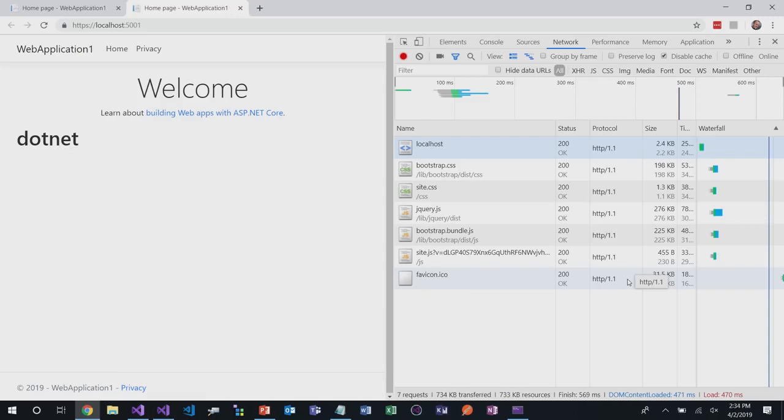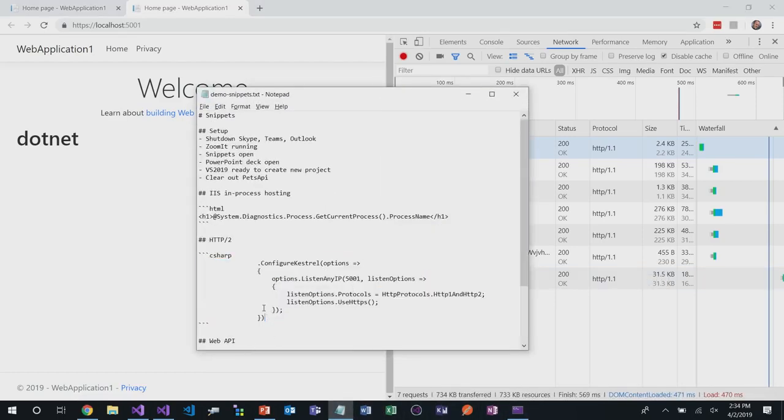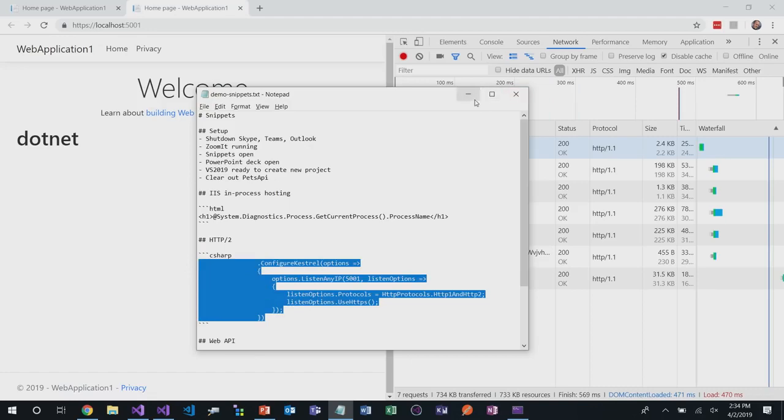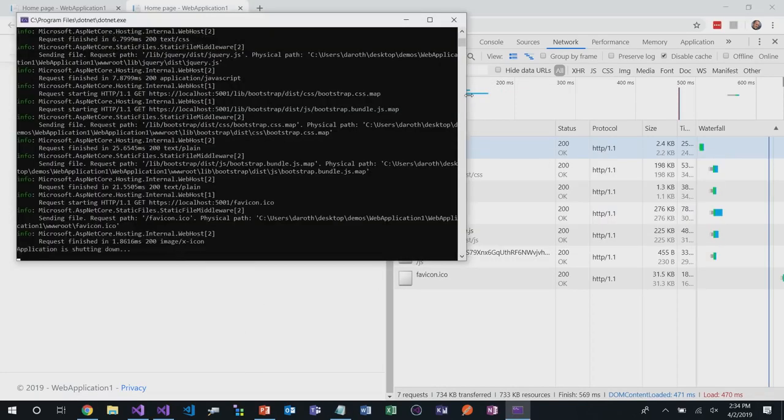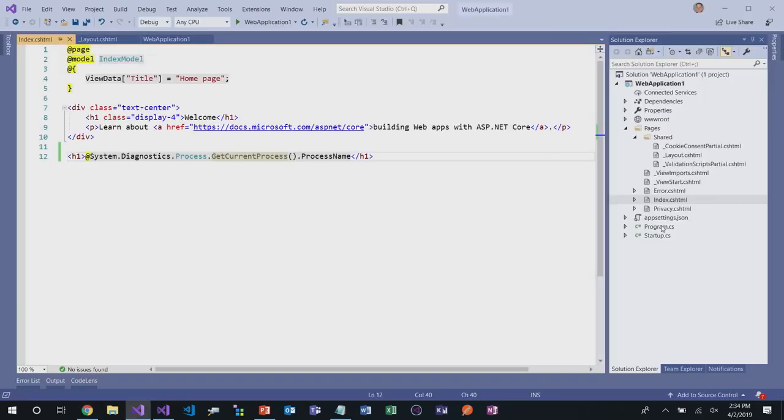It's not on by default. You have to enable it, but it's really easy to do. Let's go ahead and do that. I've got a little code snippet here in Notepad I'm just going to copy out. Let's grab that and then go back to the application. We'll stop it and then update our